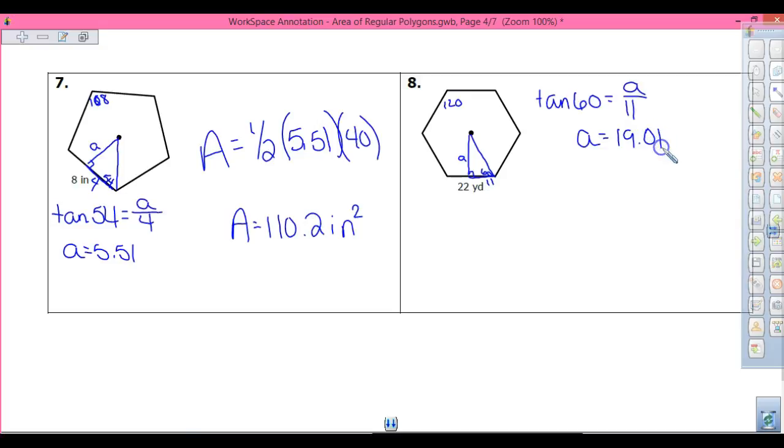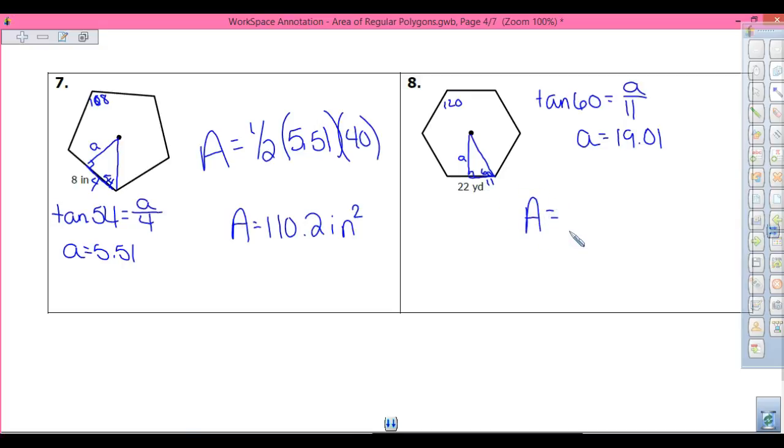Somebody in your calculator, do for me 11 times the square root of 3. Because that's how we would do it with 30, 60, 90 triangles. Yeah, so pretty close, right? Okay, it's the same thing. It really doesn't matter right now. Okay? Alright, so